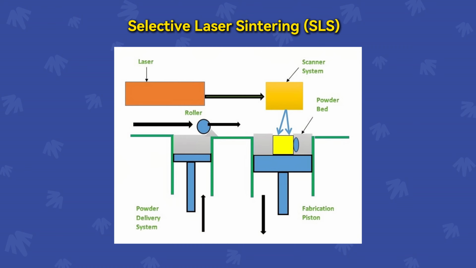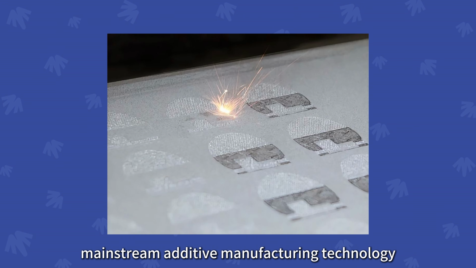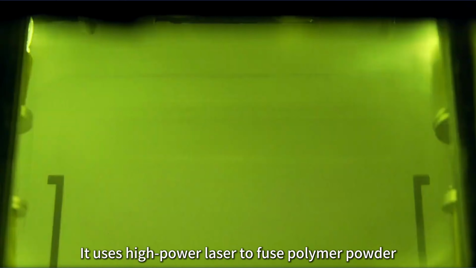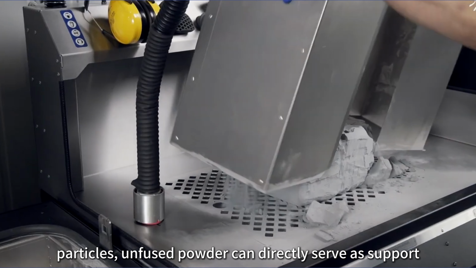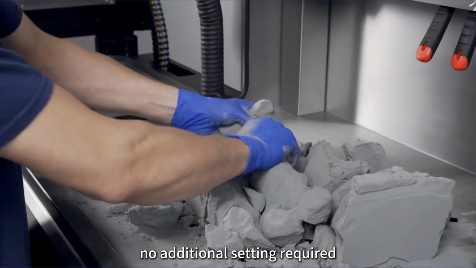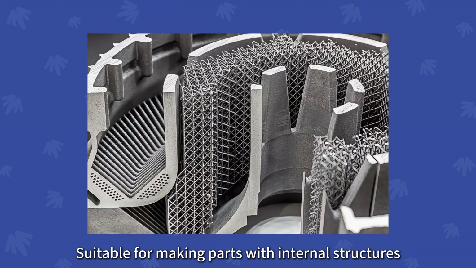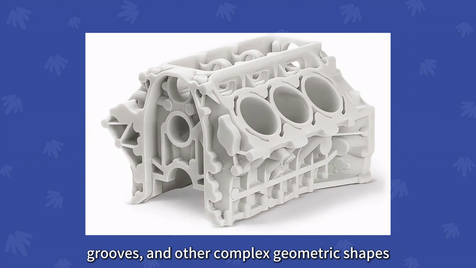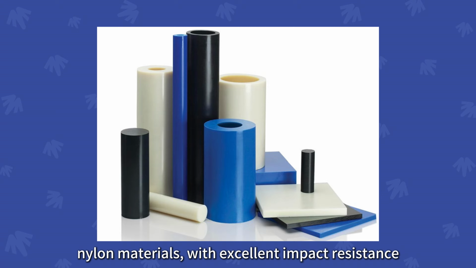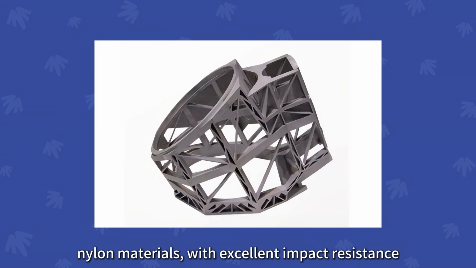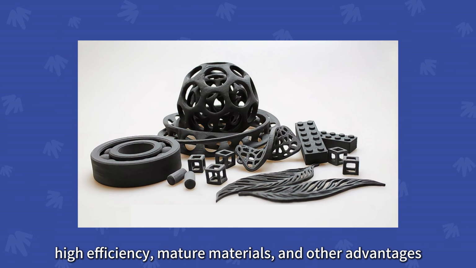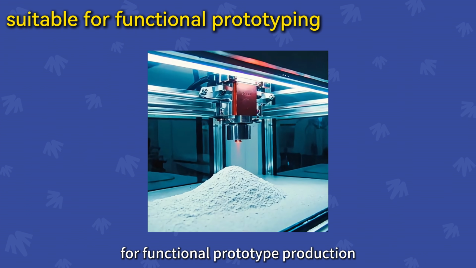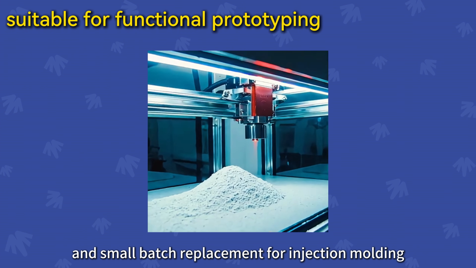Selective laser sintering, SLS. Industrial-grade mainstream additive manufacturing technology, it uses high-power laser to fuse polymer powder particles. Unfused powder can directly serve as support, no additional setting required. Suitable for making parts with internal structures, grooves, and other complex geometric shapes. Commonly used nylon materials with excellent impact resistance, chemical resistance, high temperature resistance, and other stability advantages, possessing single-piece low-cost, high-efficiency, mature materials and other advantages, is a cost-effective choice for functional prototype production and small batch replacement for injection